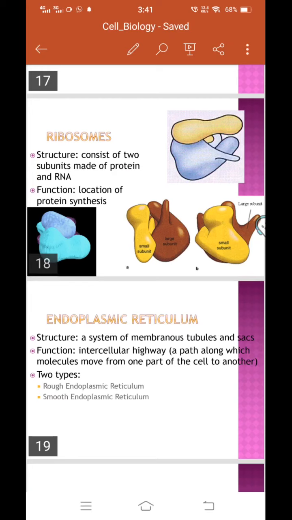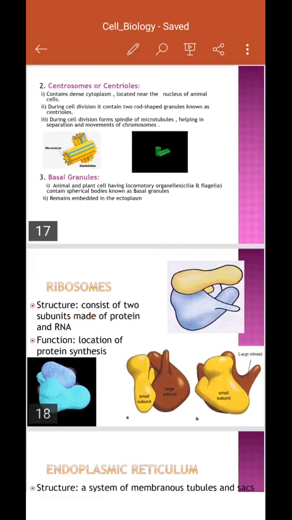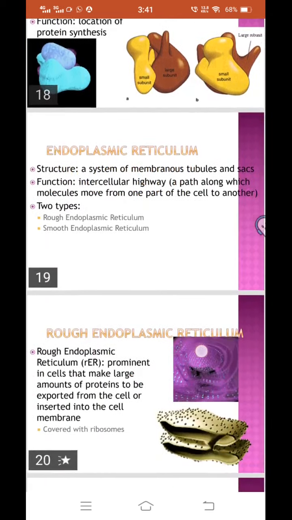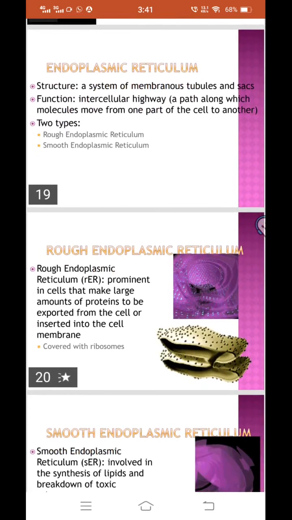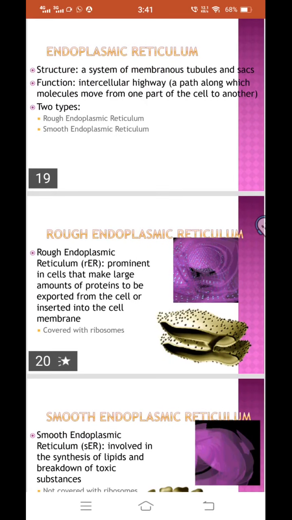Okay, now this provides the protein factors. Proteins जो होते हैं, they are very important. Enzymes are also made up of proteins, the basic unit of nucleic acid, the basic unit of enzymes, all these are the proteins. Okay, so proteins are very important for the cell, and these proteins are synthesized with the help of ribosomes. So ribosome is the location where the protein synthesis takes place. इतना clear है बेटा आप लोगों को?